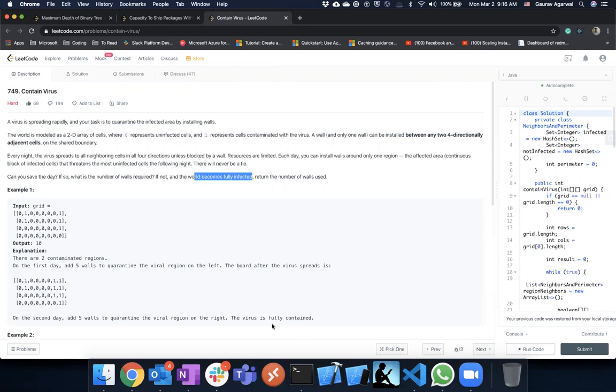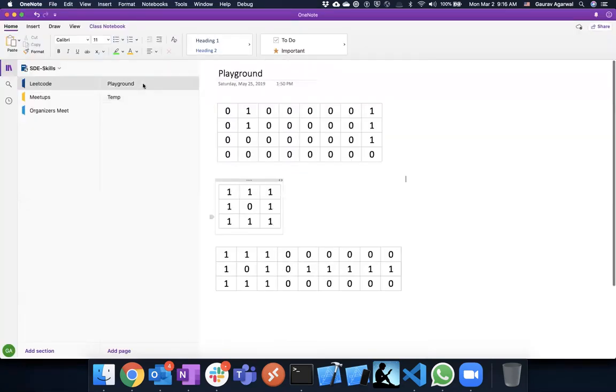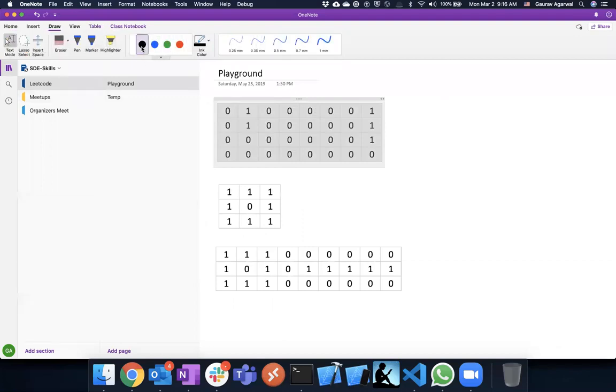Okay, I have it on my OneNote just to help visualize it. So this is the first question, and I will use maybe a pen. This is the first region which is affected. This is the second region which is affected, right?